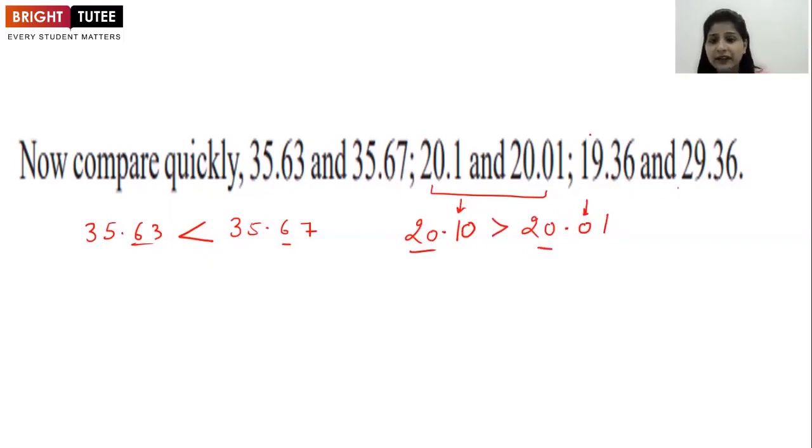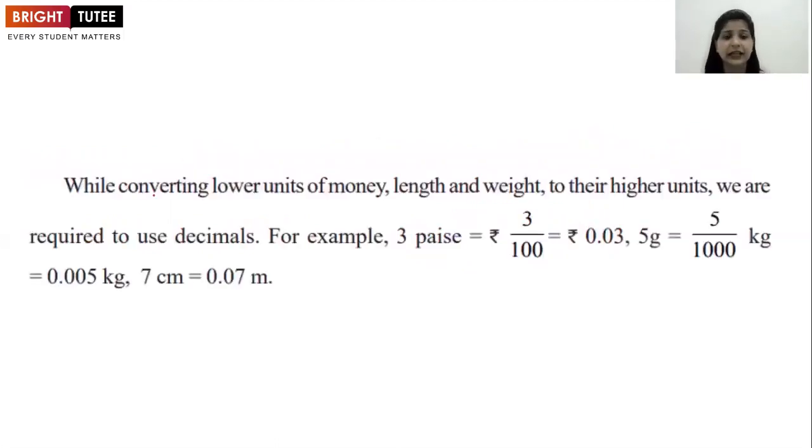The third part, we see the whole part. It is 19, it is 29. Clearly, we can see 29.36 is greater than 19.36. Yes? Clear? Moving ahead, just see, while converting lower units of money, length and weight, that means from paise to